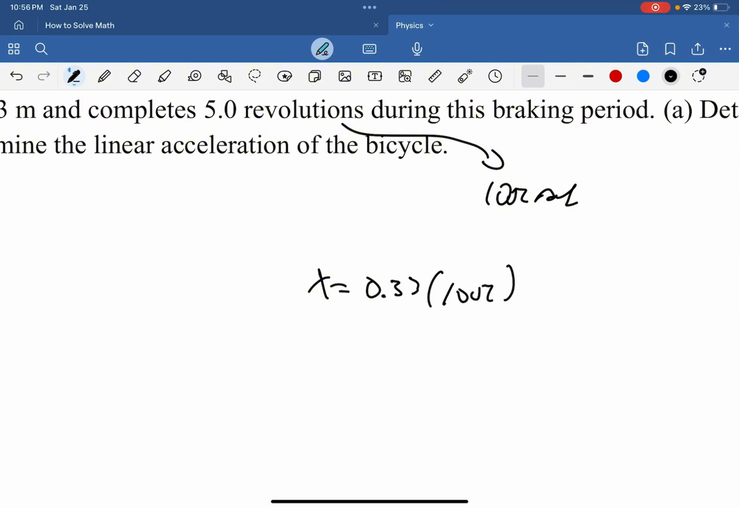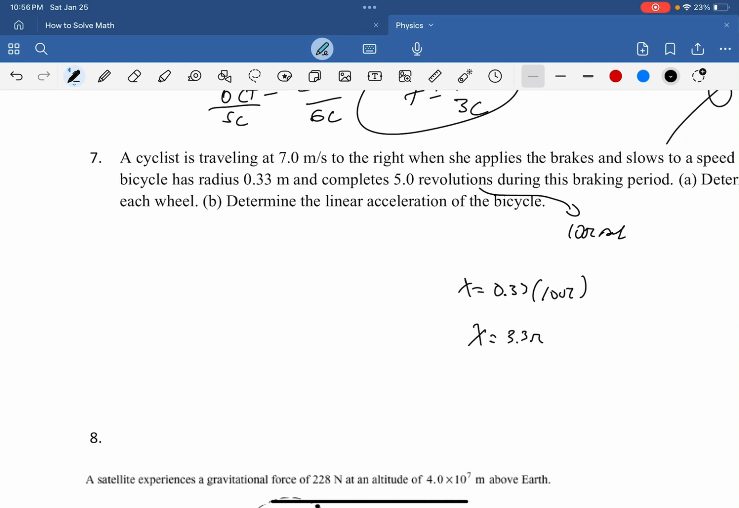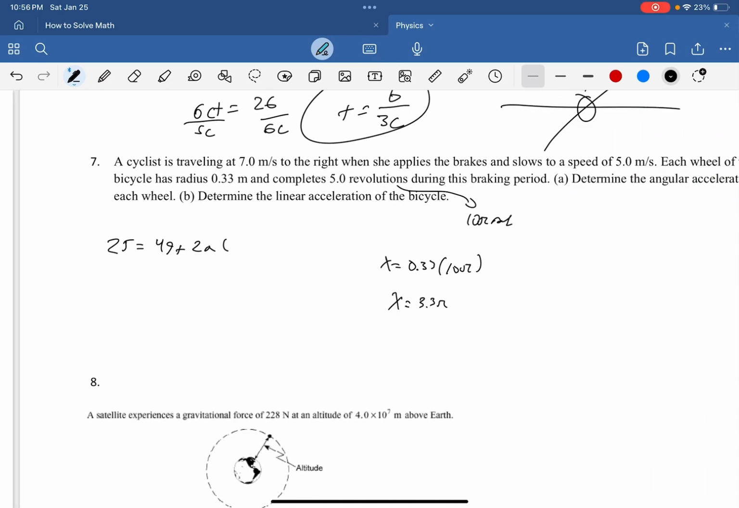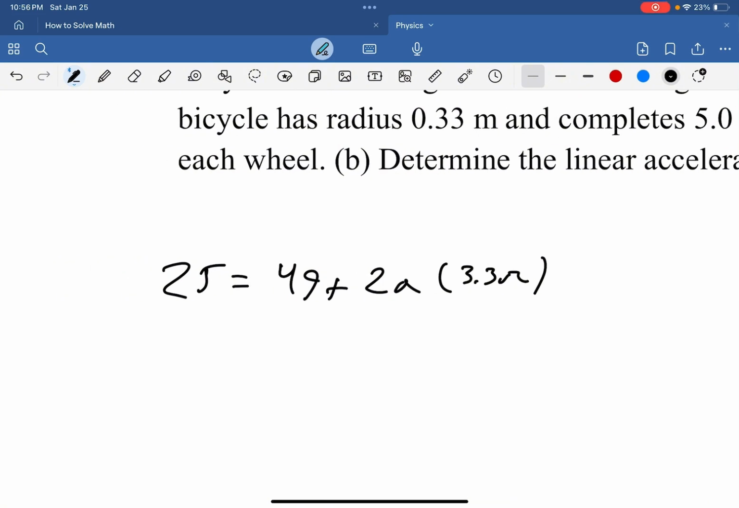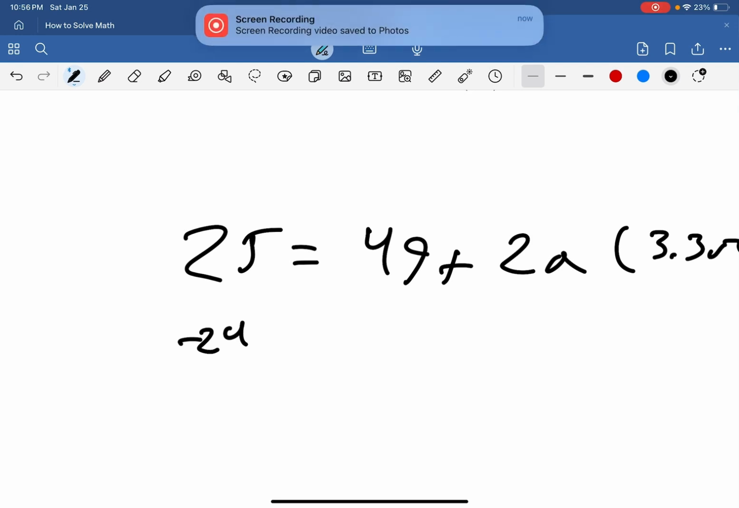This looks like a really fun problem because it's making you use everything that you learned. So x is equal to 3.3 pi. Anyways, now let's find the acceleration. Vf squared, which is 5, so 25, is equal to Vi squared, which is 49, plus 2 times acceleration, because we're using linear terms, times 3.3 pi. So let's subtract 49 from 25. This should just be negative 24, right? Yeah, negative 24